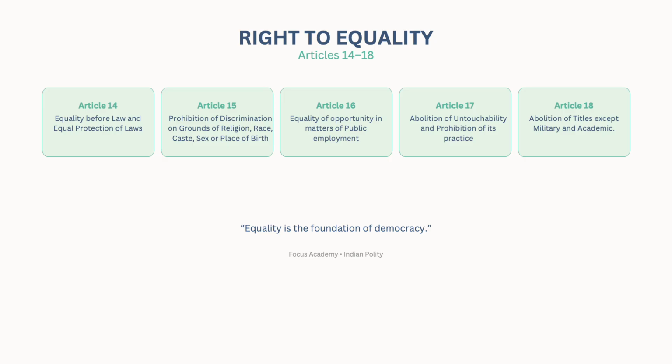Because Article 15 states that we should not discriminate on grounds of religion, but we do have some benefits for the Christians because we're minorities. Race and caste, SC, ST, OBC, there are different reservations. Sex, for females, there was a lot of talk about the 33% women reservation in state legislative assemblies as well as the Indian Parliament. And our place of birth as well, where you're born. If you're born in Nagaland, if you're born in Assam.